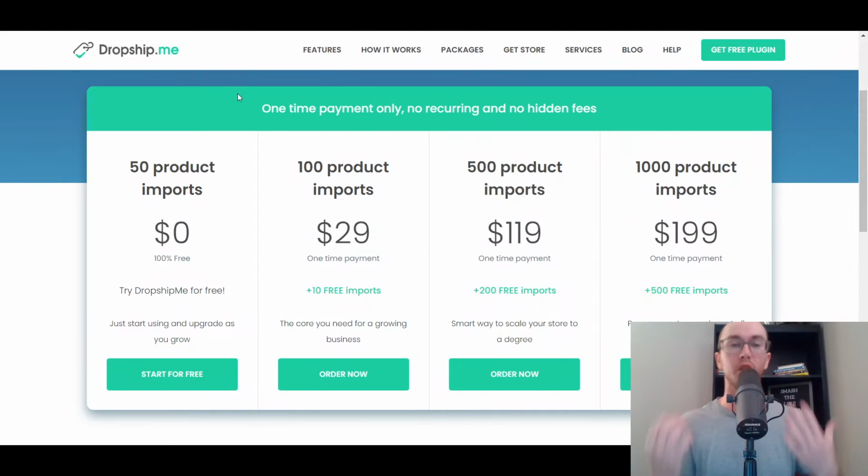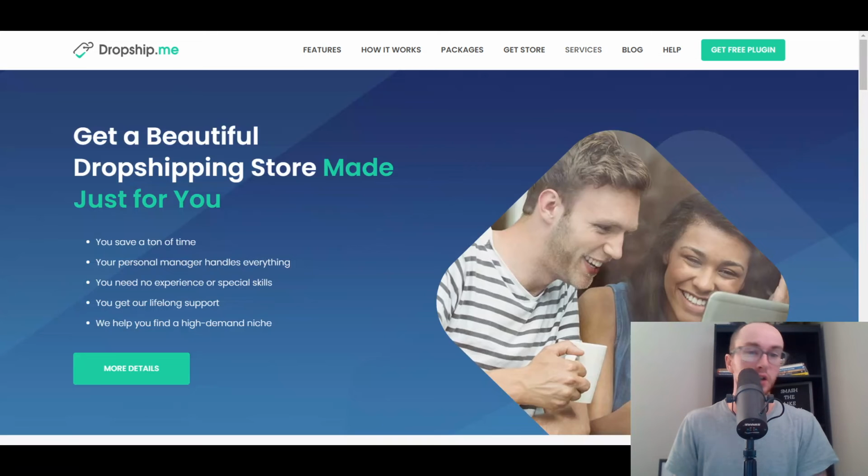And DropshipMe is more or less just a nice little add-on plugin to help you with finding those products and then the importing process just to speed up. It's really just kind of an add-on. Now, in addition to the regular product importing aspect that DropshipMe offers, like I mentioned, they do also offer done-for-you